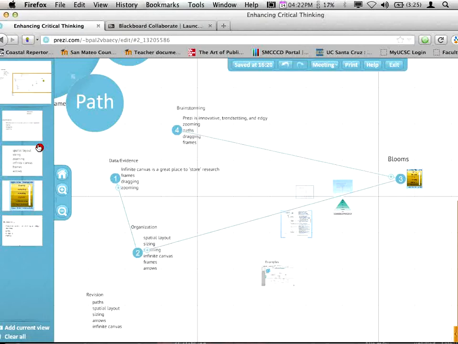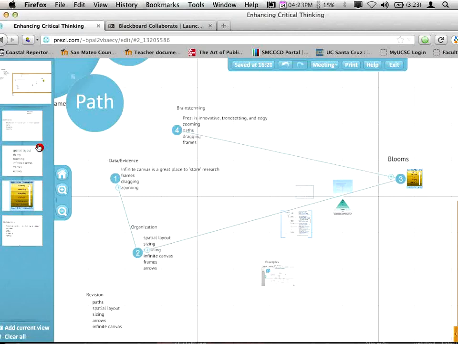Other questions? Questions online or questions from the class? Can you invite your whole class to see your Prezi? Yes, you can make your Prezi public. You can invite 30 people. You can also make it private and give them the URL, just like a YouTube video, so if they have the URL, they can come see it, or you can make it 100% locked, so the only person that can see it or display it is you. But if you give them the URL, can they edit? No. You have to give them editing privileges for them to edit it.